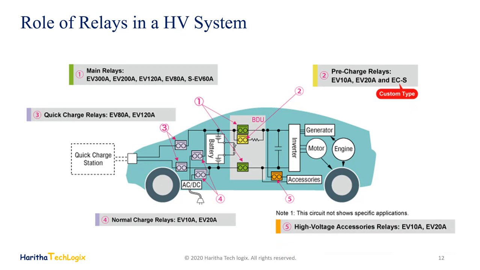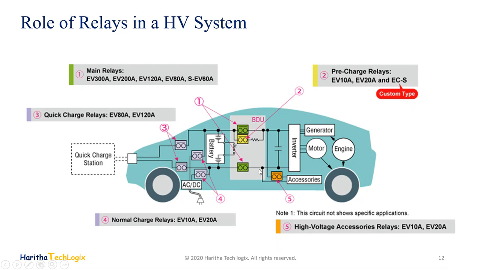And next, we are going to get introduced to one of the most important components of the electric vehicle with respect to safety, the high voltage relays. Relays are switches that open and close circuits electromechanically or electronically. These relays play a vital role in ensuring the safe connection and disconnection of the electric vehicle at any point of time. And these relays are used at multiple locations for multiple systems of the electric vehicle.